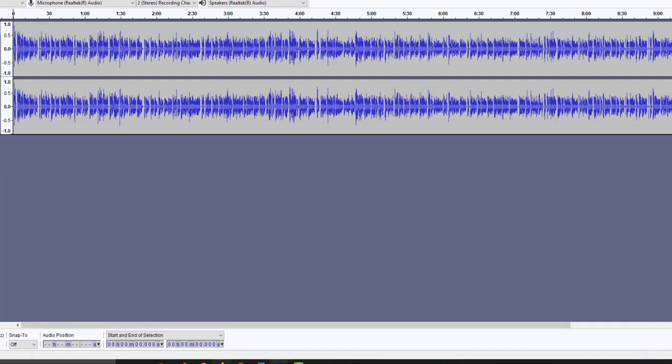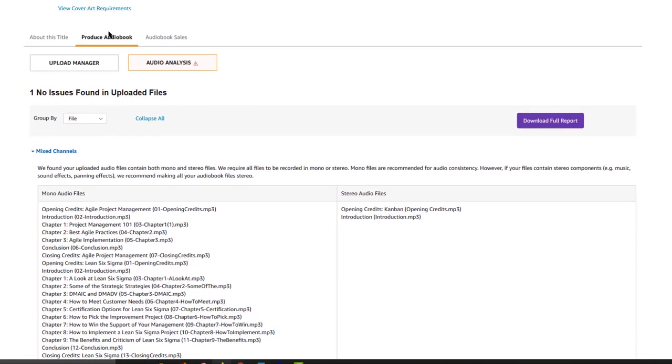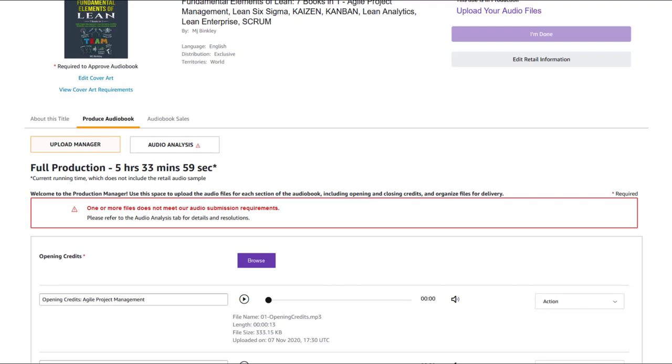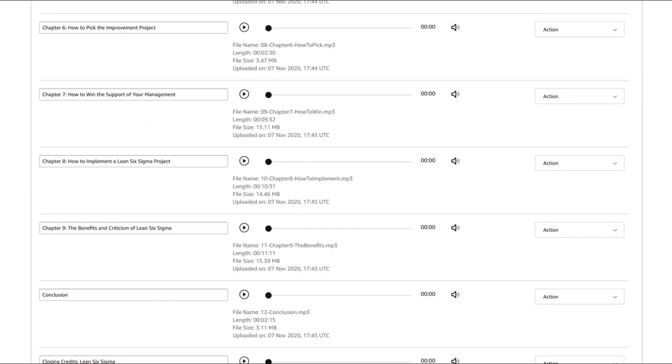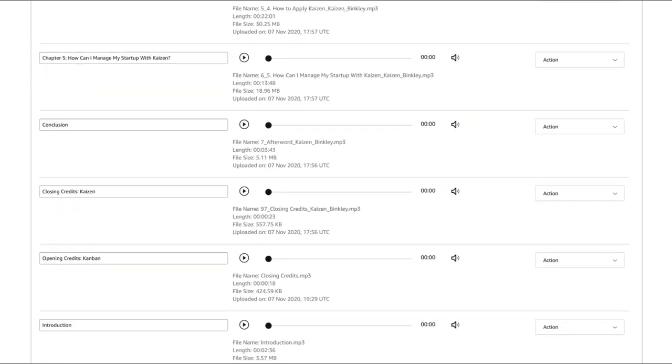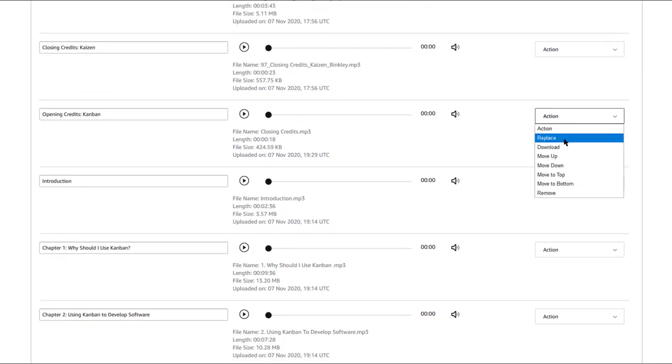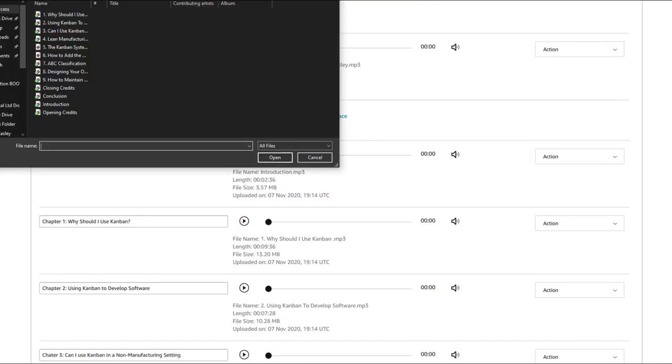And now we have the file. So I'm going to go back into this, and we are going to go to producing the audiobook again. Okay, so now that we're back in here, we are going to go ahead and edit the audio, and we are editing this replace. Go in here. This is the mono folder that we exported everything to. We're going to opening credits, open,